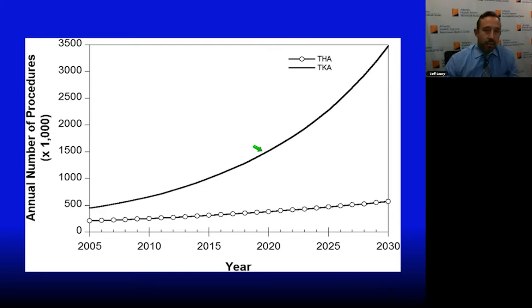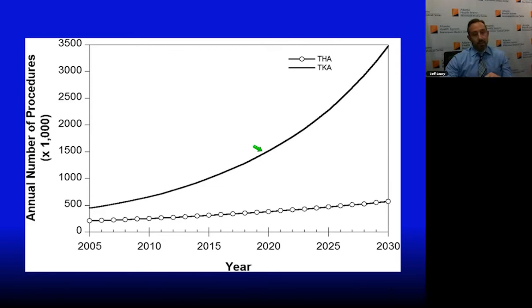A lot of that has to do with the patient population, as the baby boomer generation is getting older, as well as younger patients coming up with more arthritis. There's going to be upwards of 3 million total joints done in the next 10 years per year, and that's just an astronomical number. When you have numbers like that, these are patients that all of us are going to be seeing regardless of specialty. So this really is a topic that's relevant and pertinent to all docs across the spectrum.